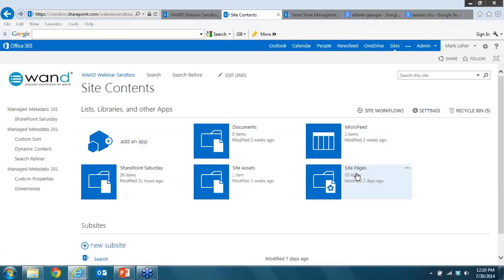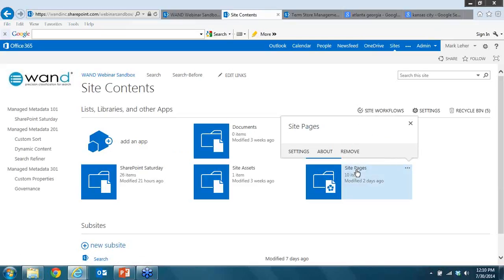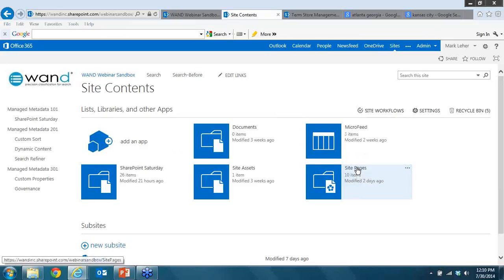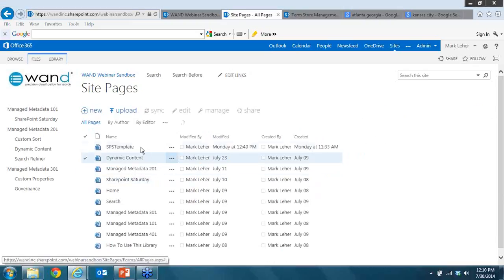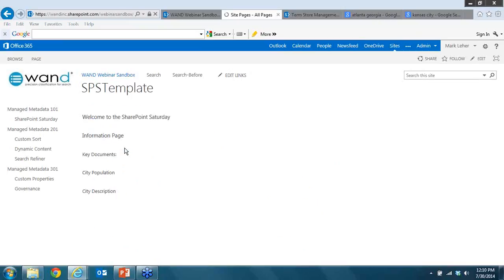So we're going to come over to Site Pages. And basically I've just set up a single page, the SharePoint Saturday template, SPS template. If you remember from last week, when you set up that Manage Navigation, each menu item is going to be pointed to a page. So what I did is I took all the cities and I pointed them to the very same page, which is this template. And if we edit this page,